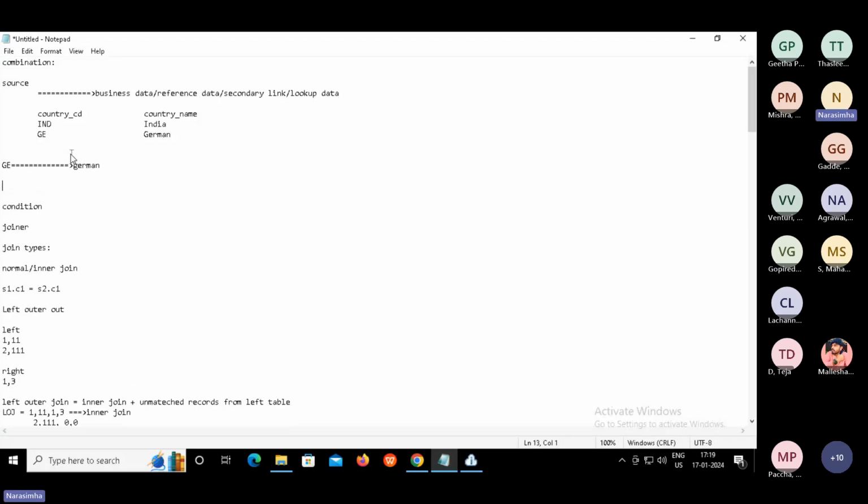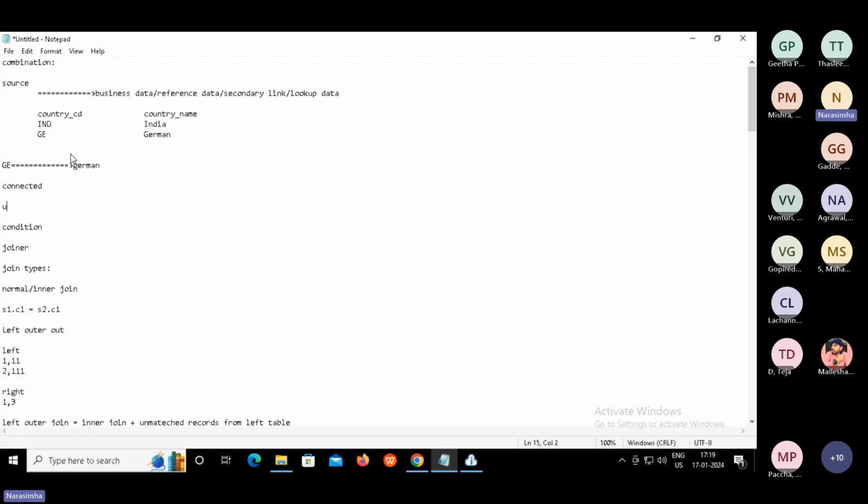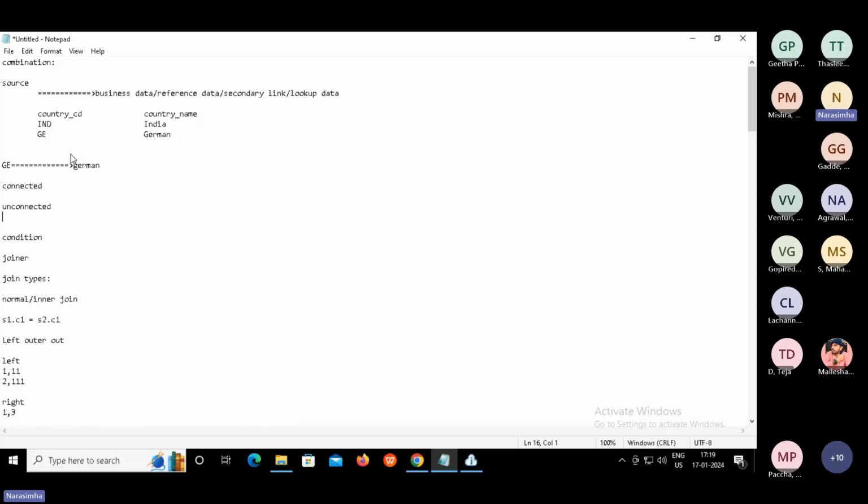And second, the lookup transformation can be used as a connected lookup, or it can also be used as an unconnected lookup. Connected means it's pipelining, meaning data flow should happen through a link. Link means pipe, right? We all know that.